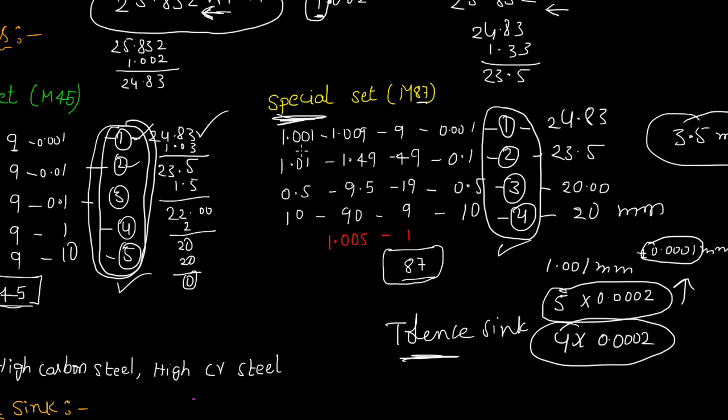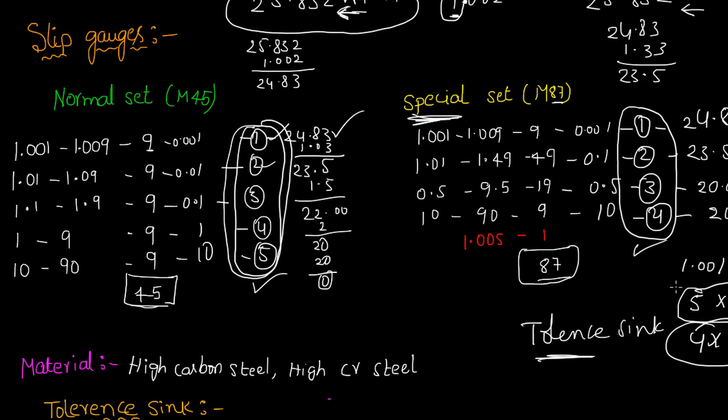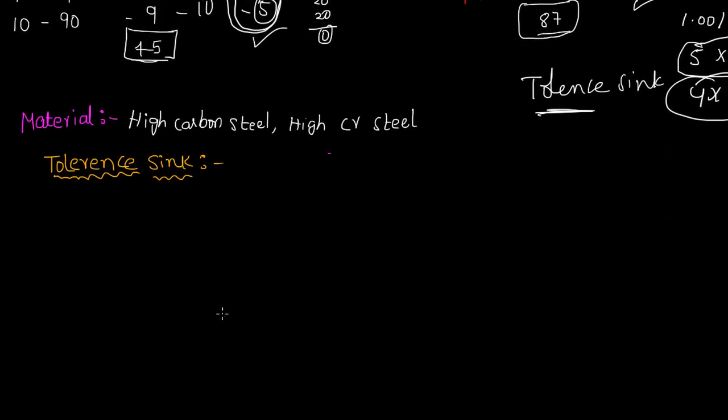So that is the key point here. That's what I want to tell you. Always use fewer slip gauges, then only we get the accurate dimension with less tolerance sink. Okay, if I show this in the diagram, then that will be like so it is a 20 mm slip